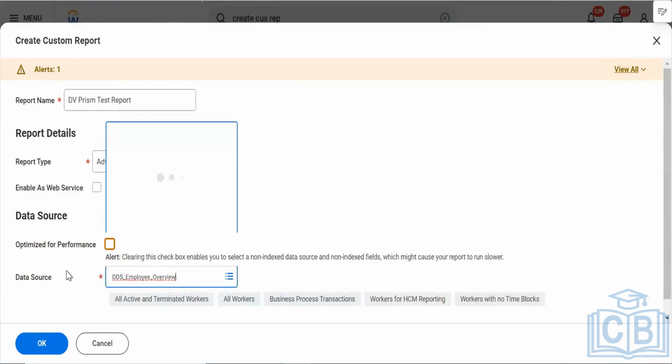This is what I want to explain: when we publish a dataset, we will be able to enable it for reporting needs. First of all, we fetched the data from outside Workday, and inside Workday we do the transformation and again put it back into Workday so that we can do the analysis. That is the main function of Prism.